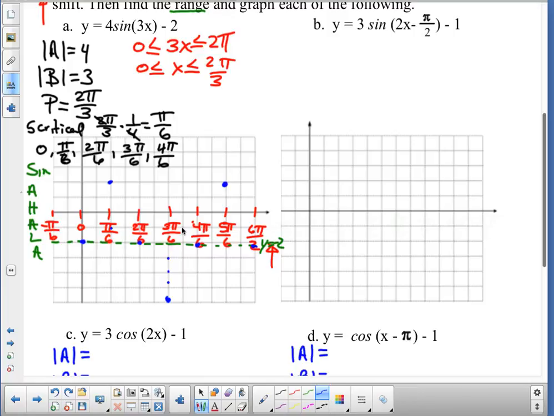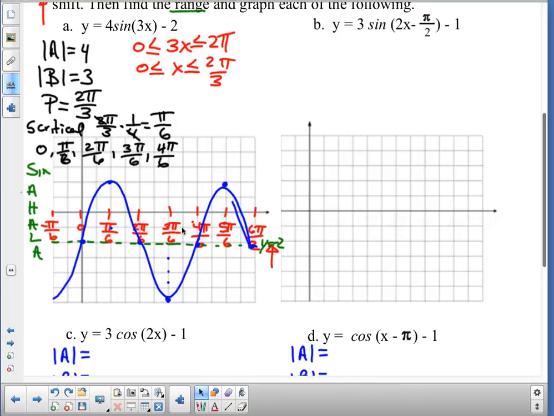So now when I'm checking out my graph, I'm going up, coming down, coming back up to the axis, and we're there,